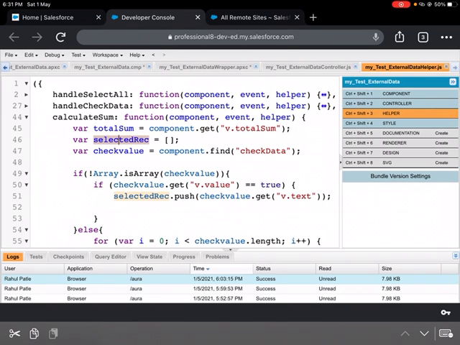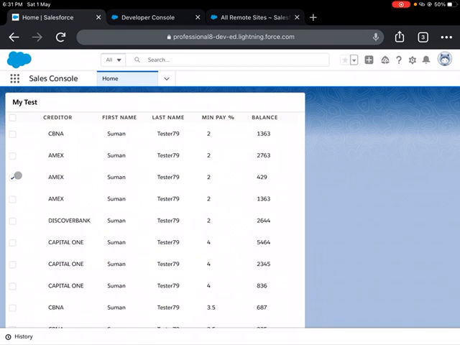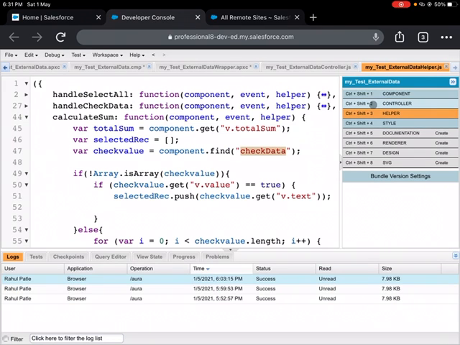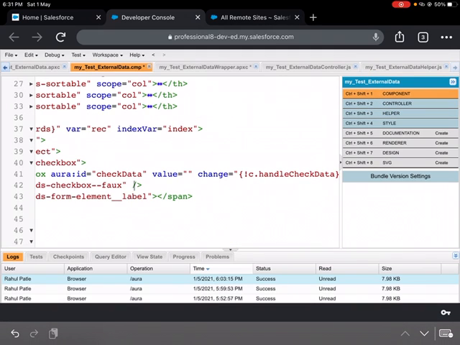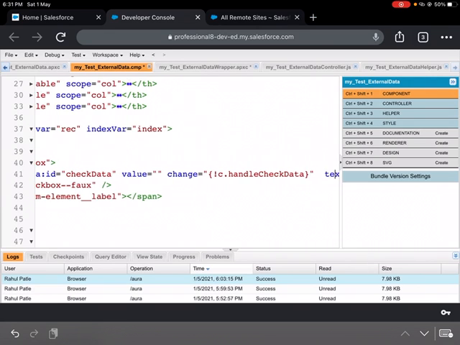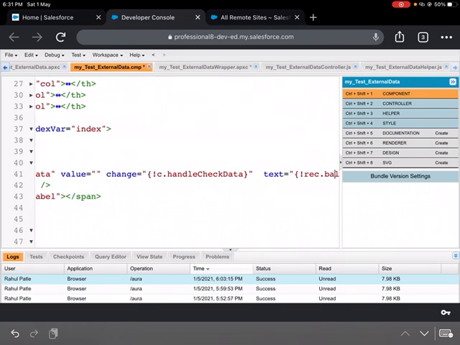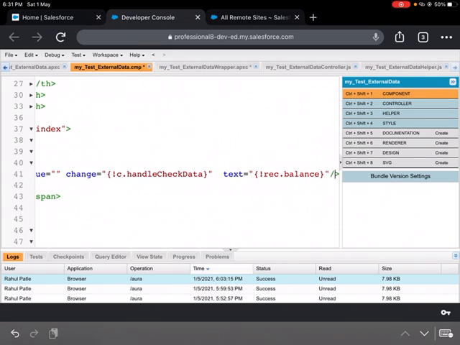I have created one blank array, and here I'm getting each individual record using the Aura ID. If I go to the iterable part, the Aura iteration, I have put this checkbox, and I have kept the value of the record in a text tag.